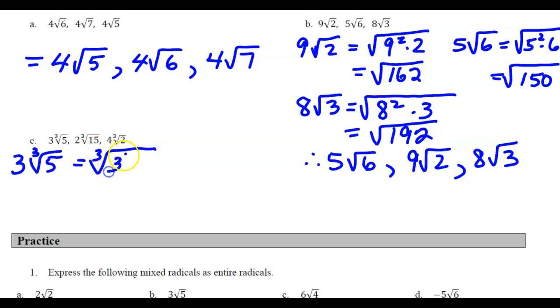So 3 cubed times 5. So that's 27 times 5. So 20 times 5 is 100. 7 times 5 is 35. So